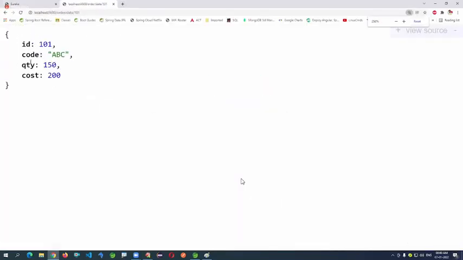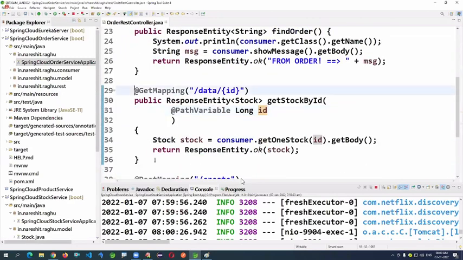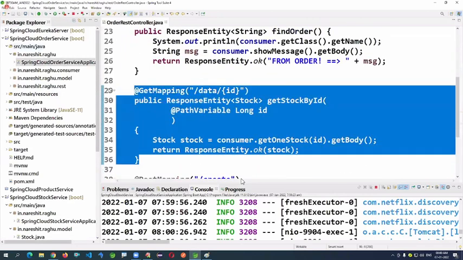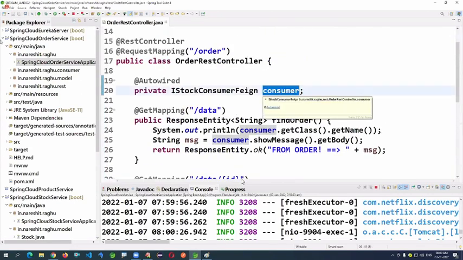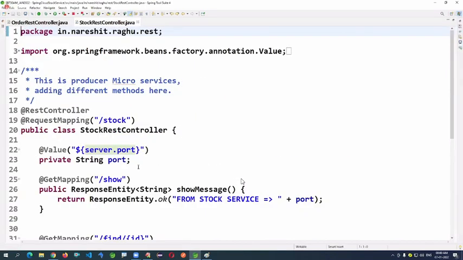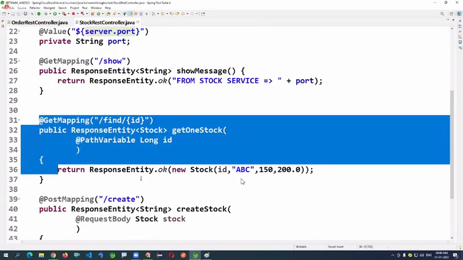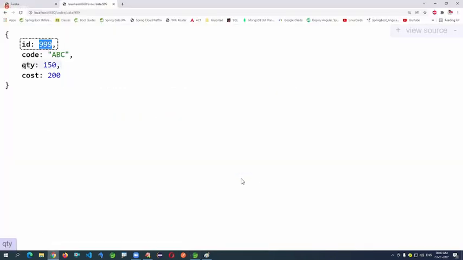See, we are getting the data. Whatever ID you pass here is actually sent to the consumer and received here. You can see the order REST controller call is actually making a call to the consumer. This consumer executes this REST controller, and this method is called, ABC 150200, returning in JSON format.